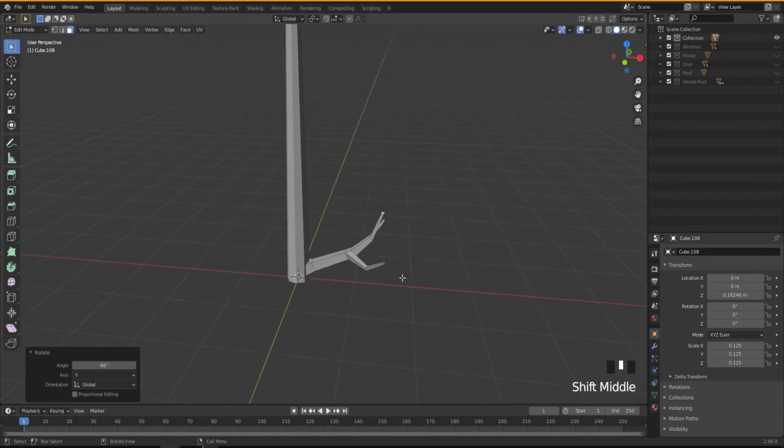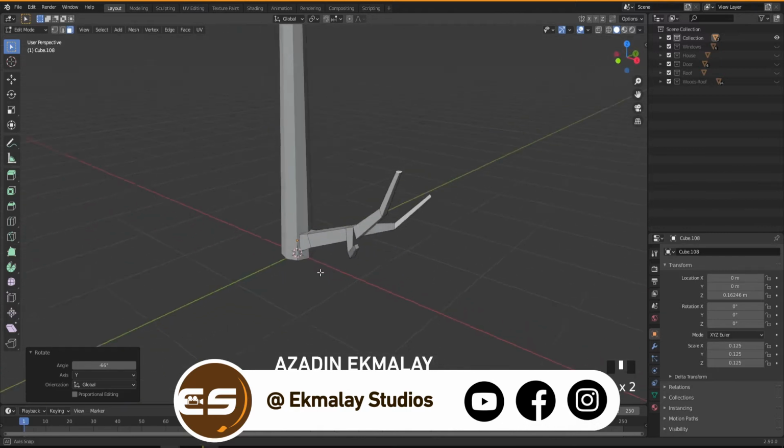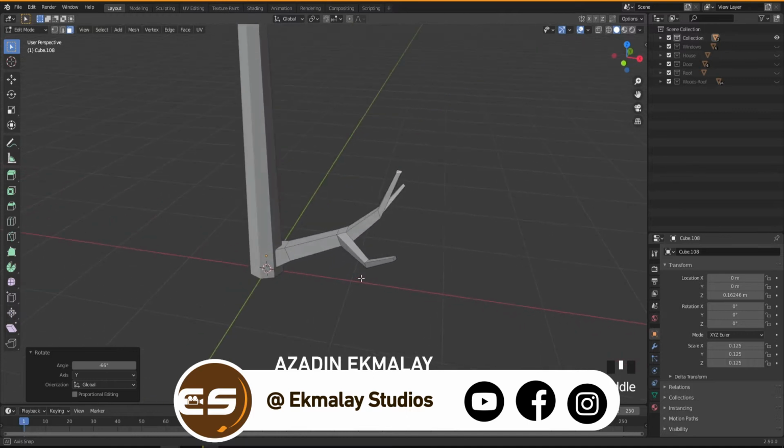This part is up to you, so just make it look like it's a chunk of chi, and then I don't want to spend a lot of time doing it.